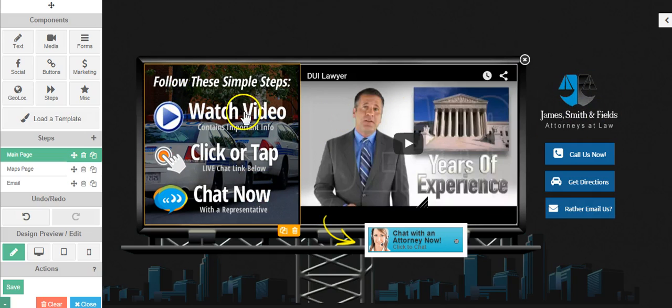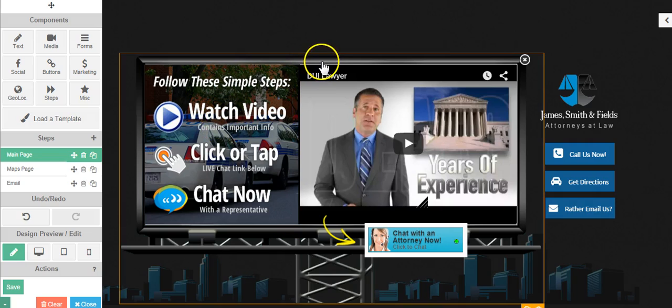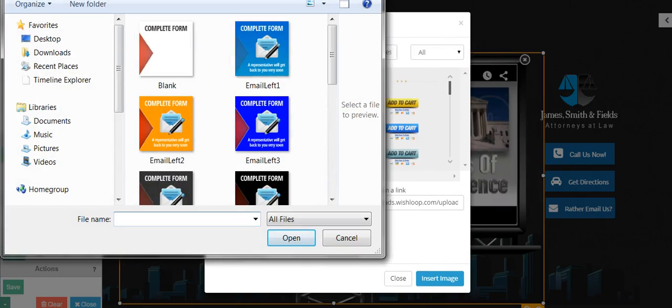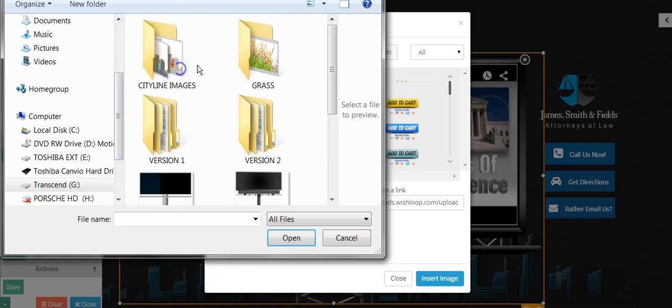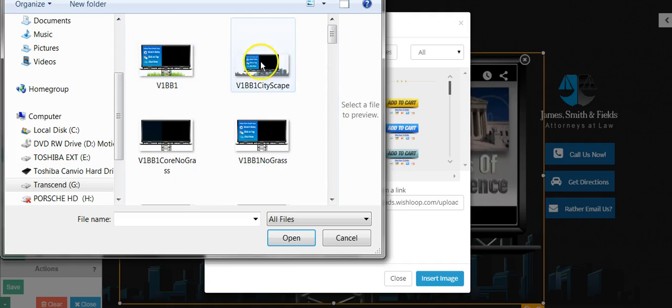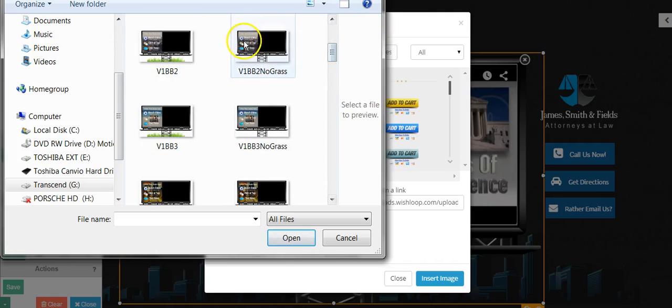Now I have a separate image here for the left side, but what we want to do is, when you add a billboard, you will be adding a billboard that already has the left side. So you can just replace this billboard by double clicking on it. If I go over to billboards, I can see version 1, version 2, and you notice that it already has the images on the left hand side. So if I double click on that,